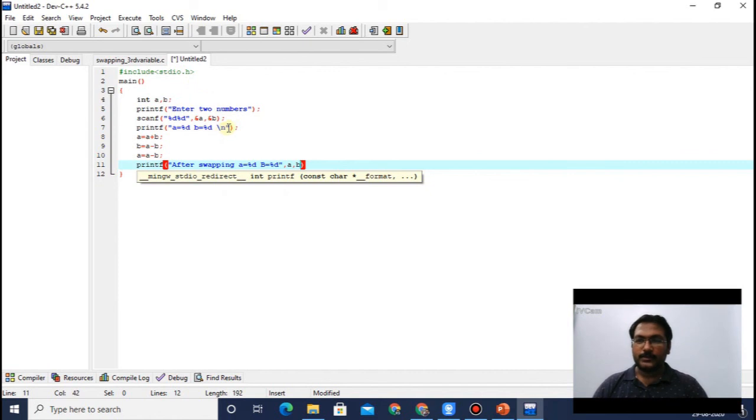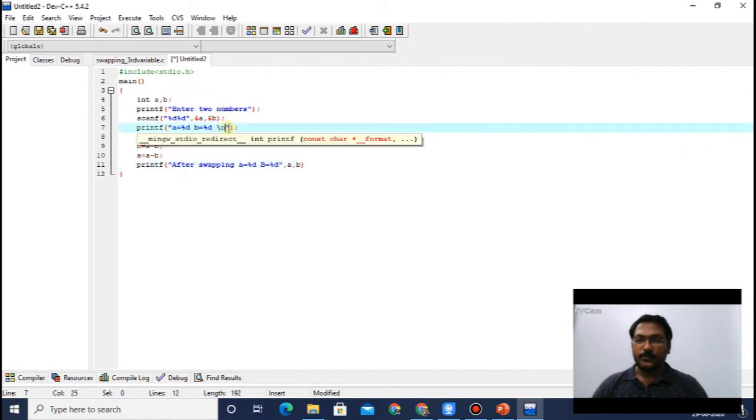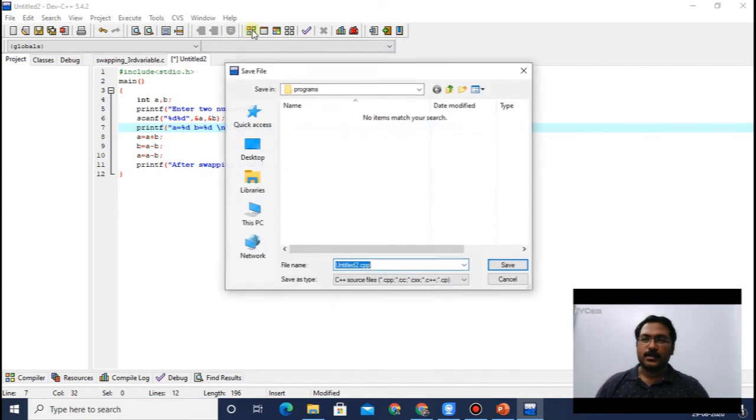Here we have forgotten to write what is the value of percentile d. Fine, it will not work. Here we have to write comma, first percentile d is for a, second percentile d is for b, and again the same process, compile it.